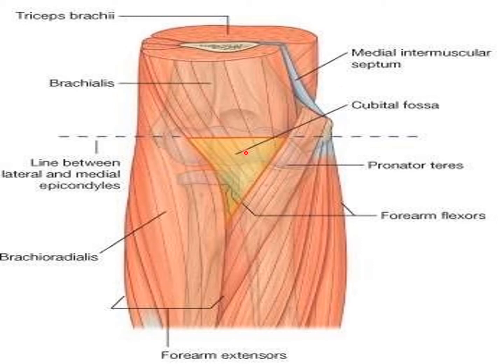So again in this picture we can see this is the medial boundary of the pronator teres. So the lateral border of the pronator teres forms the medial boundary of the cubital fossa, and the medial border of the brachioradialis muscle forms the lateral boundary of the cubital fossa, while base is formed by an imaginary line between the medial and lateral epicondyles of the humerus. The floor is formed by brachialis muscle, and roof is formed by the deep fascia of the forearm as well as the bicipital aponeurosis.